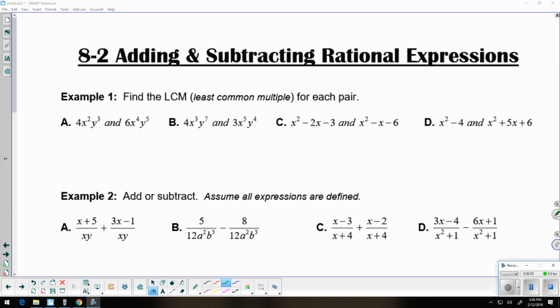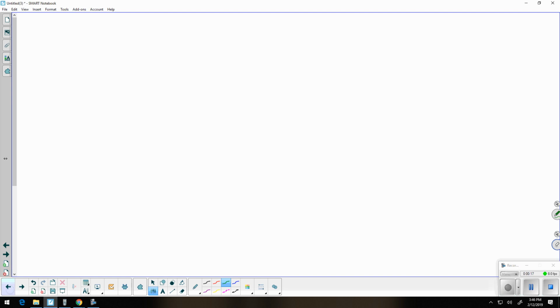Okay, hello everybody. This is Mrs. Masteller again. We're focusing today on adding and subtracting rational expressions. We already did multiplying and dividing, which I think personally is easier, but adding and subtracting requires a little bit more work. But I just want to recap and review with you how you actually add